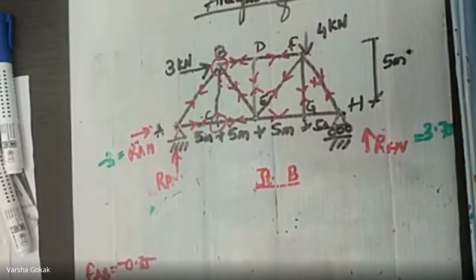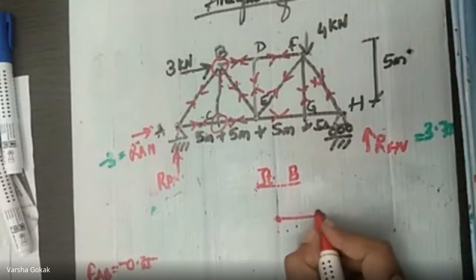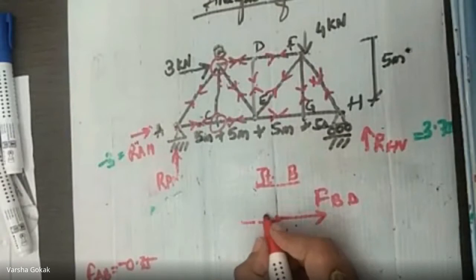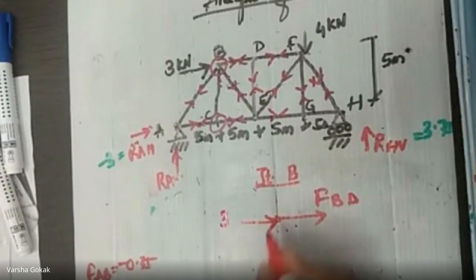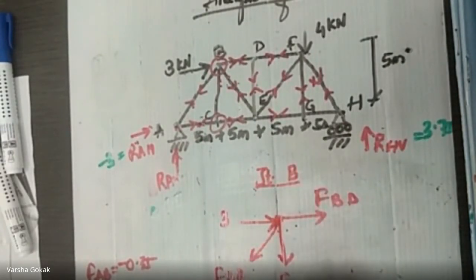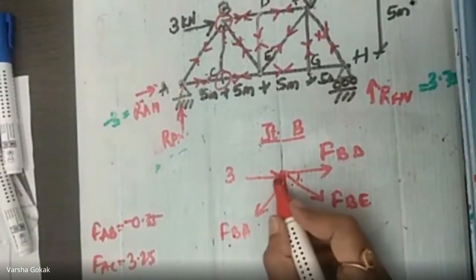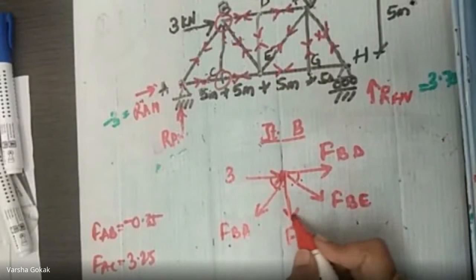So when you draw the free body diagram of joint B, this is force FBD, correct? And there is one force over here already, 3 kilonewtons. Right? Then there is this force FBA, okay? Then there is this force FBC, and then there is this force which is FBE, right? Angles, let us see. This angle is going to be tan inverse opposite by adjacent, which is 45 only. So this is also 45, this is also 45, do not worry. This is a vertical force.